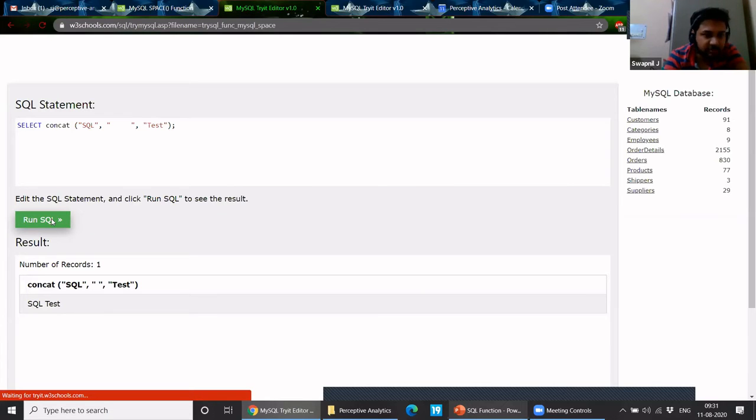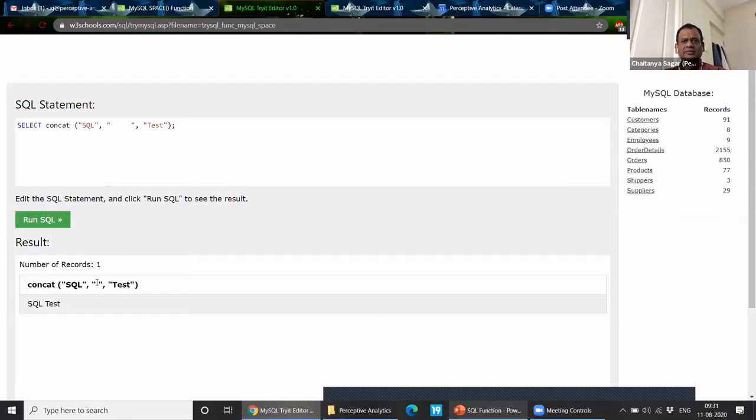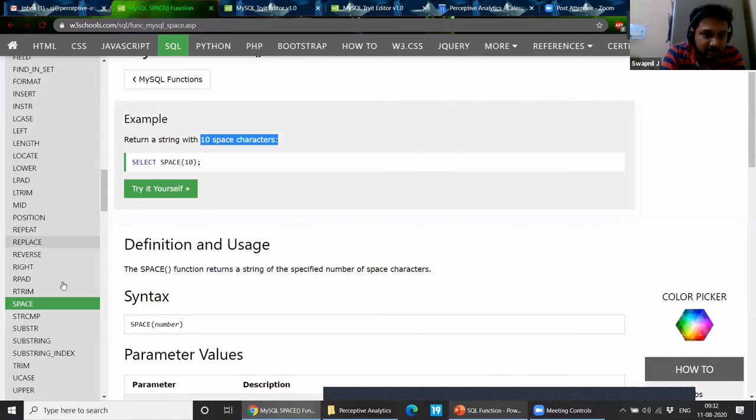Yeah, HTML is suppressing it. Okay, yeah, it's suppressing the spaces. Cool. I think in regular SQL, it will work. Yeah, I will check how it works. Then, okay, we have